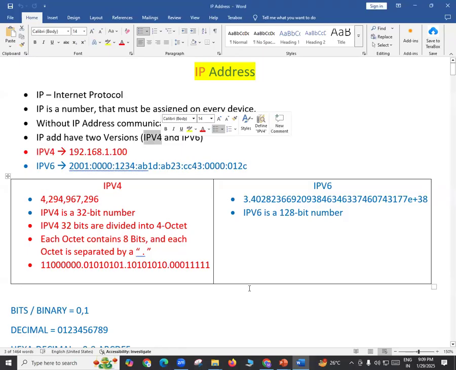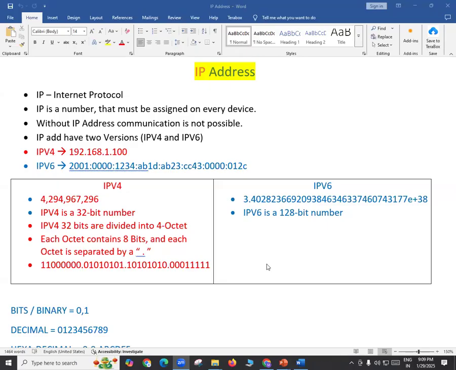Now, over the internet, it is a debatable thing. Over the internet, maybe you're using IP version 4 or maybe you're using IP version 6. But today, suppose you're taking some address from the internet so that you can launch an application server or a web server or something like this. Then in most cases, you will be getting IP version 6 only. Nowadays, it's very rare to get IP version 4 over the internet. But within my company, within my local area network, maybe there are 20 computers, maybe there are 20,000 computers, or let's say 20,000 devices.